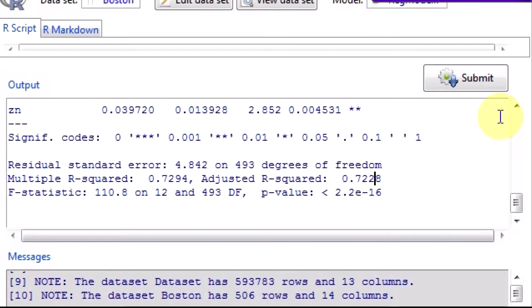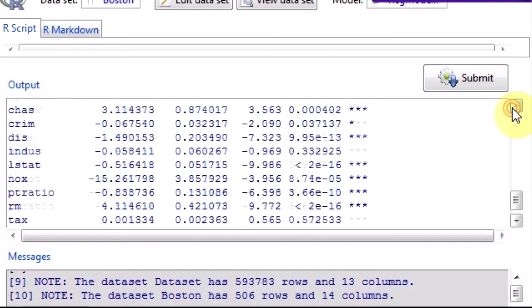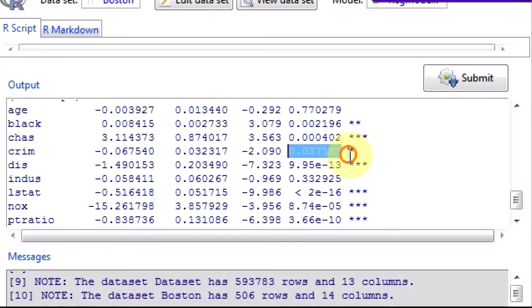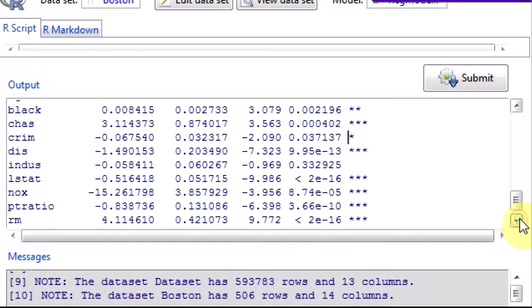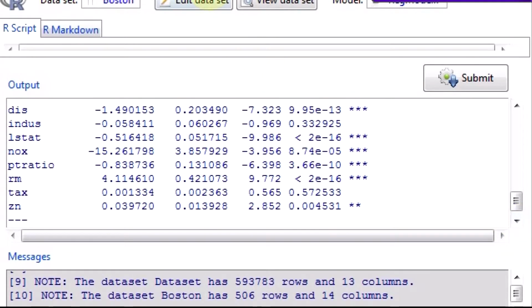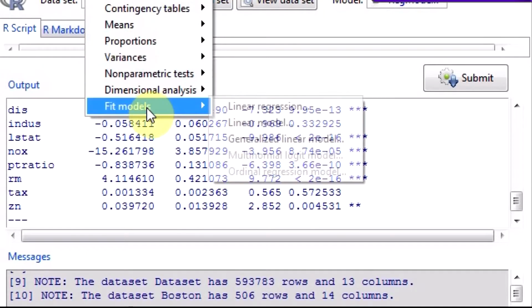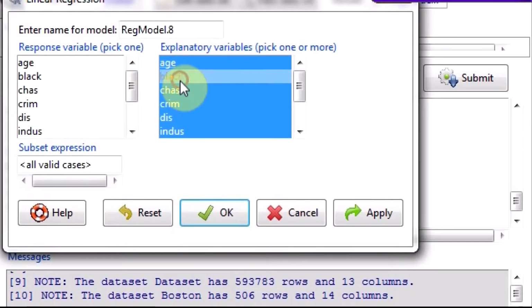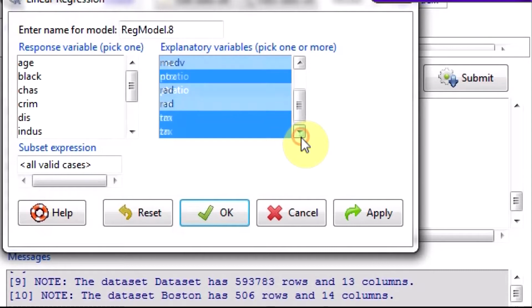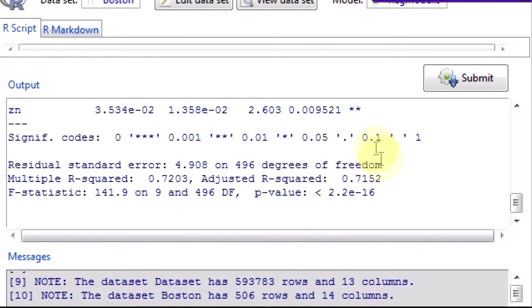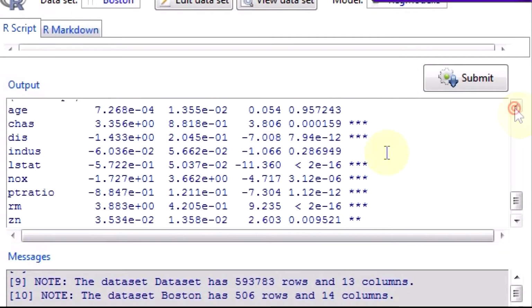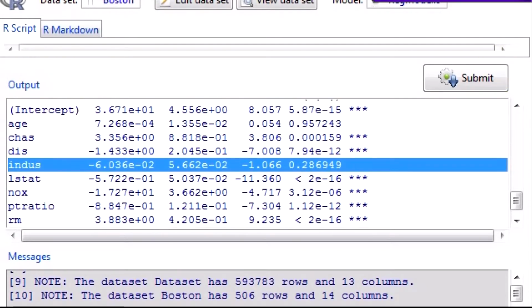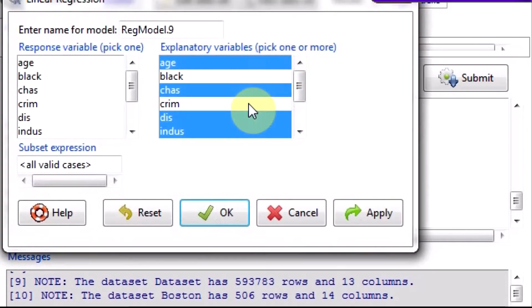So it's 0.7228, adjusted R square has come down, and then I need to look at crime and black because they have low significance values, and tax. So do statistics again. Modeling is basically an iterative process. You rebuild the model again and again. Now I see that I have removed 4 variables, but the adjusted R square is still an acceptable 0.71.